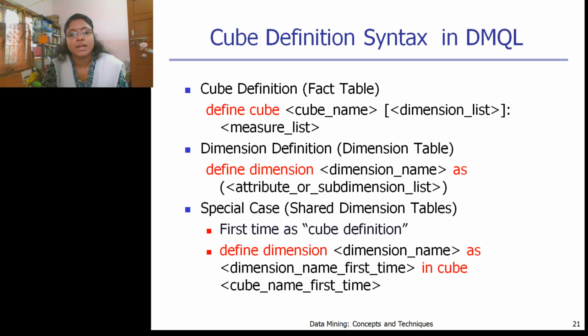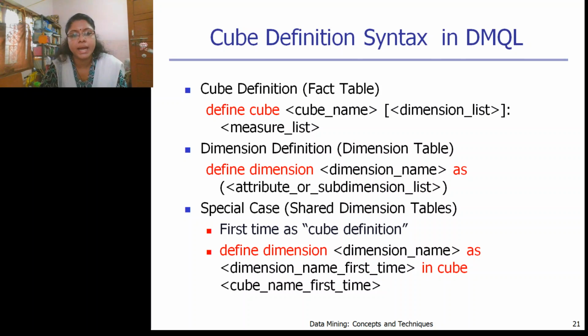Okay, welcome back to our class on the data warehouse and also the data cubes, multidimensional database. Till now we were dealing with how we can create an efficient schema for a data warehouse. Now we will deal with the query language, that is DMQL, the data mining query language. How can we represent a data cube in a database in a data mining query language?